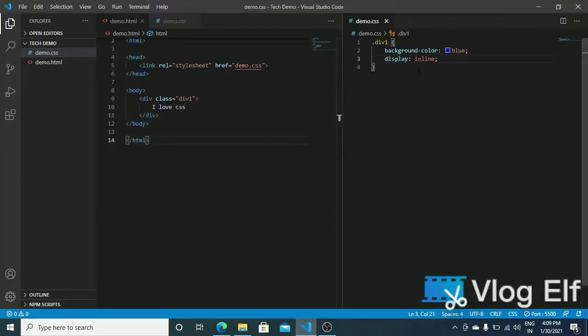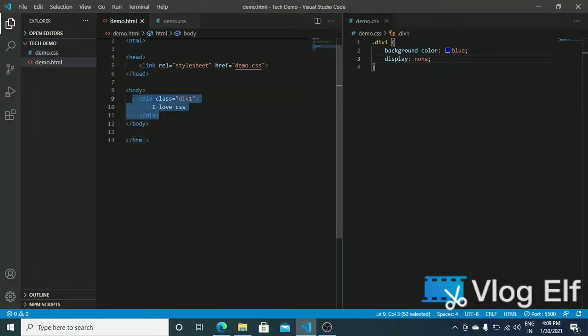Now let's make it display none. It will hide this particular div from the DOM tree, so the div will not be displayed in the browser. So as you can see, it is hidden.